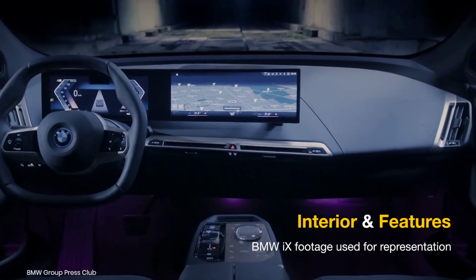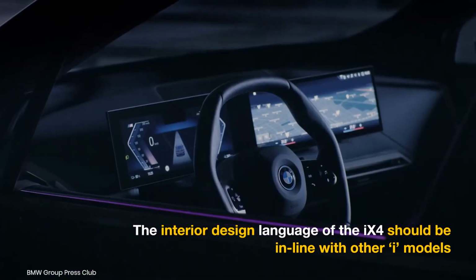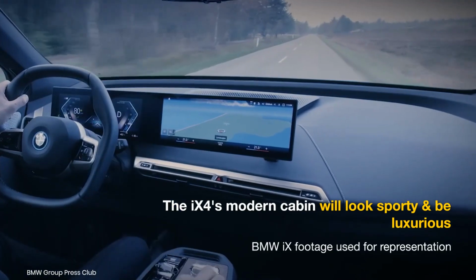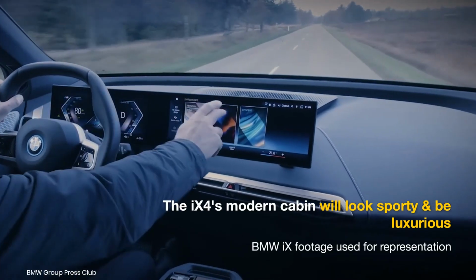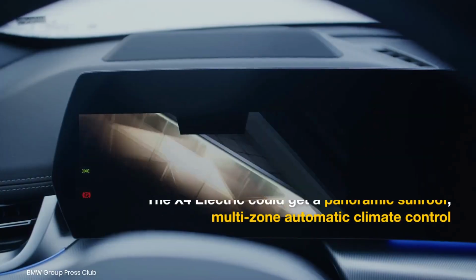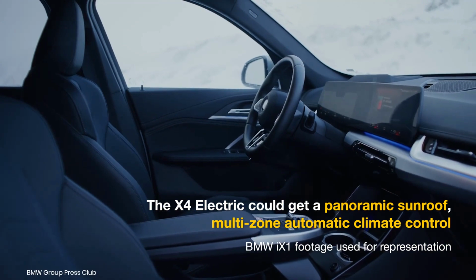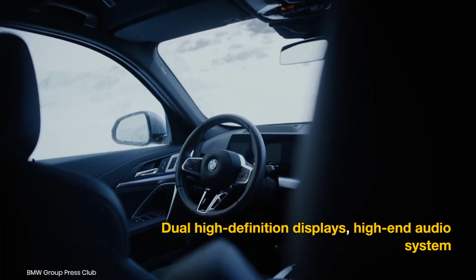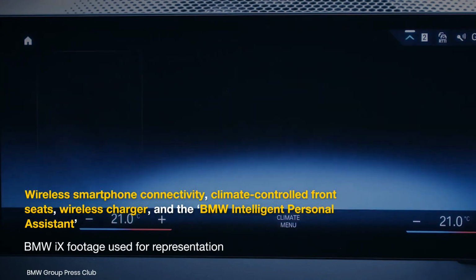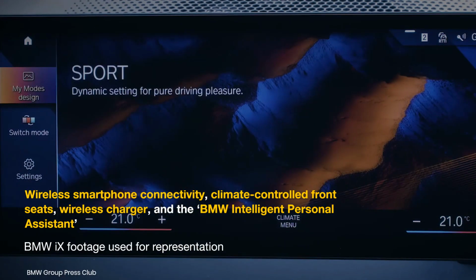BMW hasn't disclosed details regarding the X4 Electric's interior, but the design language should be in line with what's seen in its other i models. We are expecting the iX4's modern but sporty-looking and luxurious cabin to be offered with a range of high-quality trim and materials. Some of the features we expect to find in the X4 Electric include a panoramic sunroof, multi-zone automatic climate control, dual high-definition displays, a high-end audio system, wireless smartphone connectivity, climate-controlled front seats, a wireless charger, and the